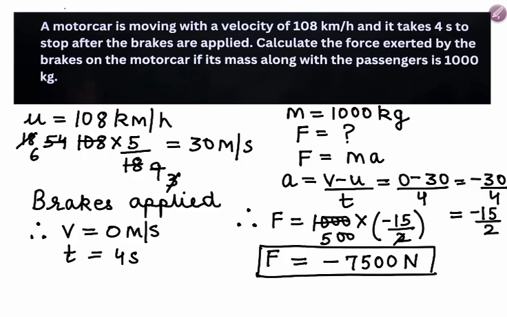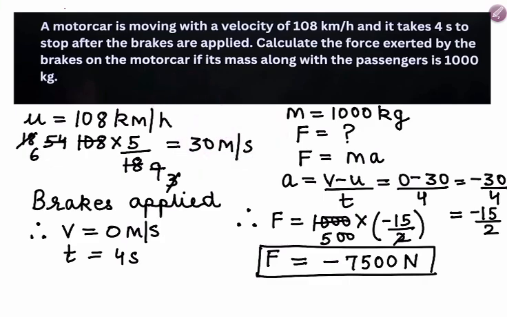Now we have to convert kilometer per hour into meter per second. What is the trick we have to apply? Whenever we have to convert kilometer per hour to meter per second, we will multiply with 5 upon 18. And when we do the opposite, we will multiply with 18 upon 5. Clear, children? Okay. Now, after doing the calculation, the answer comes out to be 30 meter per second. That is the conversion of kilometer per hour to meter per second.